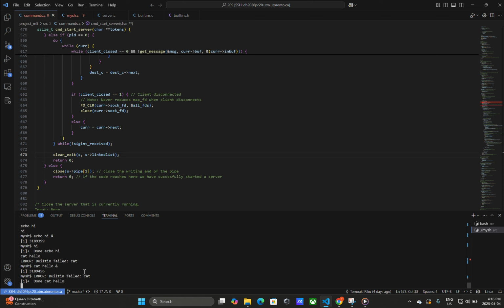Next, I'll provide examples of listing background programs. So if I run sleep 20, sleep 20, running 3, if I run the command ps, then it lists all the background processes that are currently being run. And we can also send particular signals to these background processes. Like if I run a really long background process and I wanted to manually terminate it,